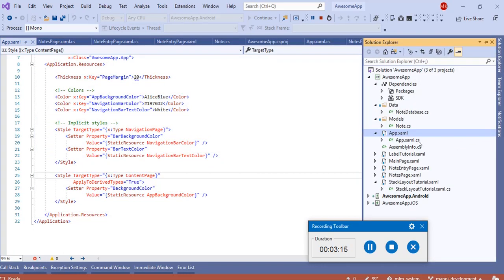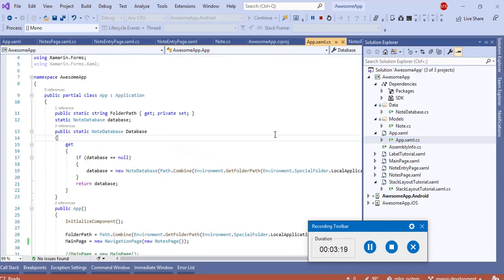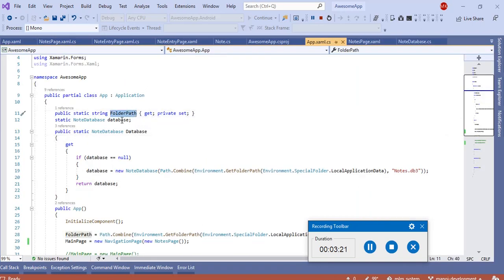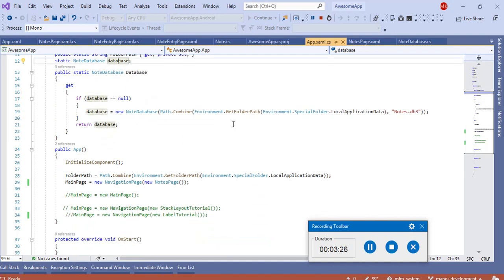In the app.xaml class, you will see that I have created a folder path and a note database static instance, and here I am using notes.db3. db3 is the extension for a SQLite database, and notes is the name of the database.